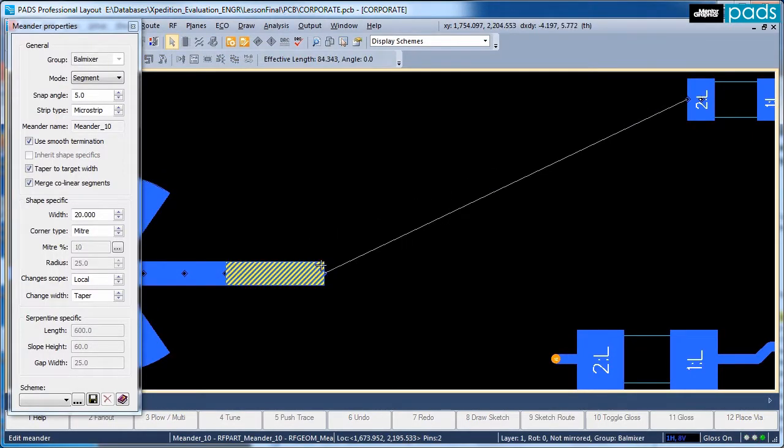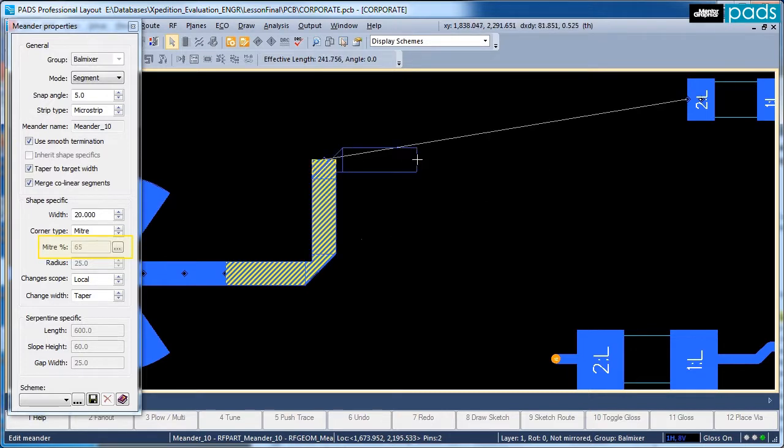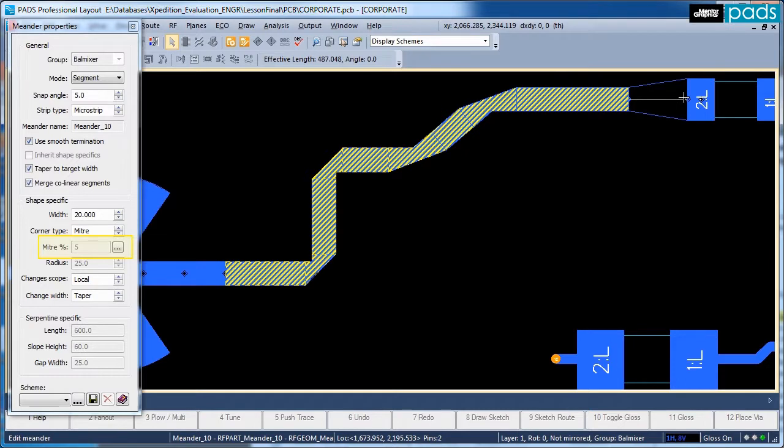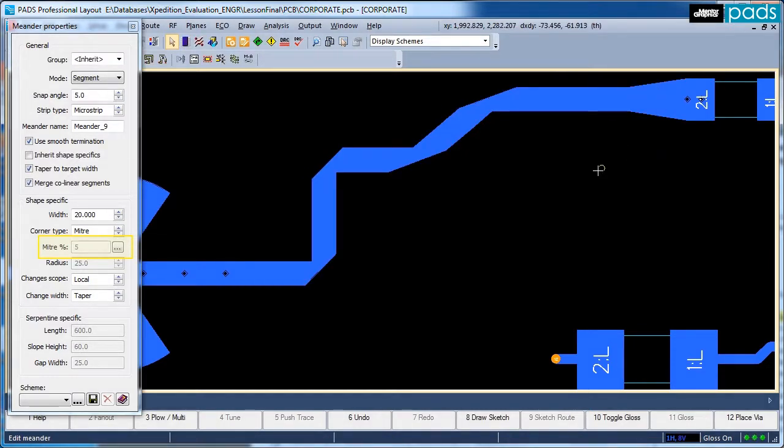When using mitered bends, the mitre percentage is controlled from a user-defined table. This allows the mitre percentage to automatically adjust itself based on the angle the meander is inserted, thus creating the optimal mitre on the fly based on your preferences. Observe the mitre percentage field while this meander is being inserted, and notice that it updates on the fly as